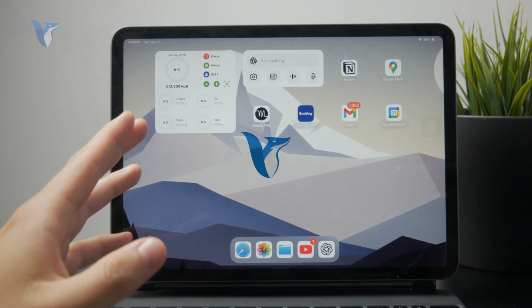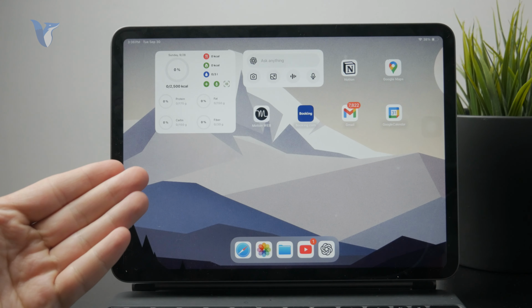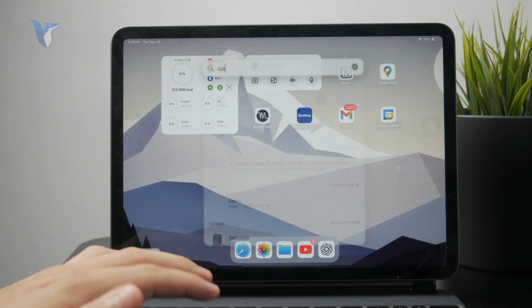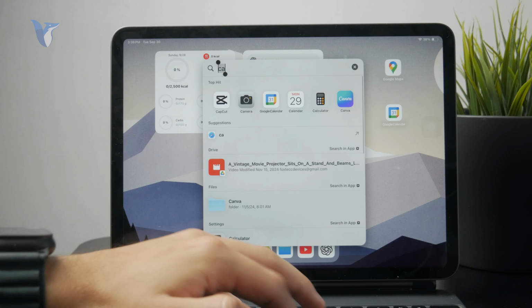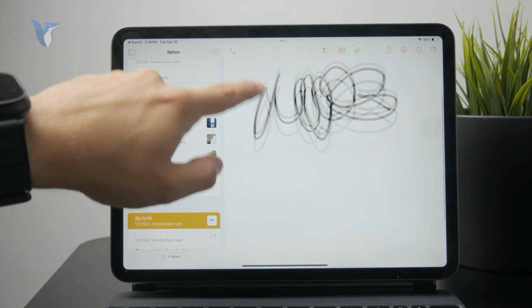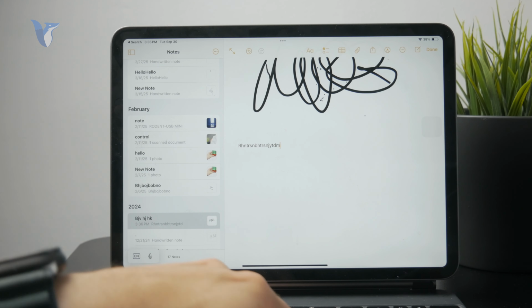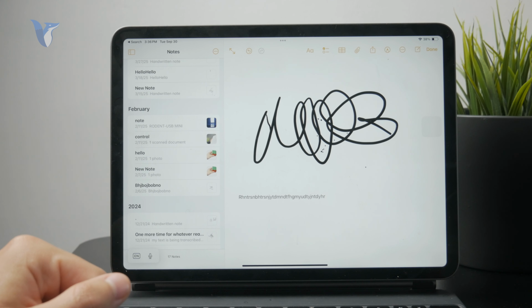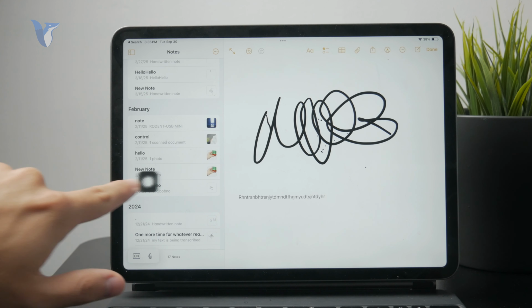So how do you export a text as PNG written on the iPad Notes? Let's get into it. So obviously you can go ahead and use the Notes application to basically utilize all of the features like handwriting and actual typing of the notes. But essentially, if you want to export it as a PNG, what you can do is to take a screenshot